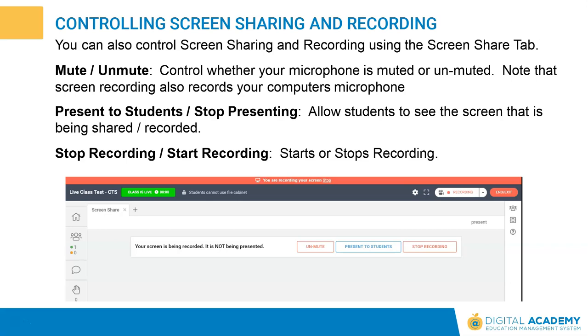Present to students determines whether students can see the screen that is being recorded. Note that you can record a screen and not share it, you can share it and not record it, or you can do both. And finally, you can start or stop recording with the button that says Stop Recording on